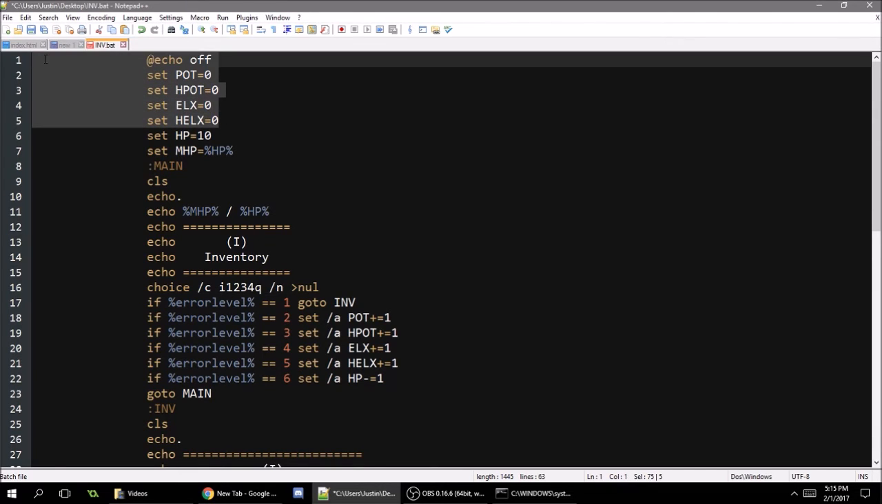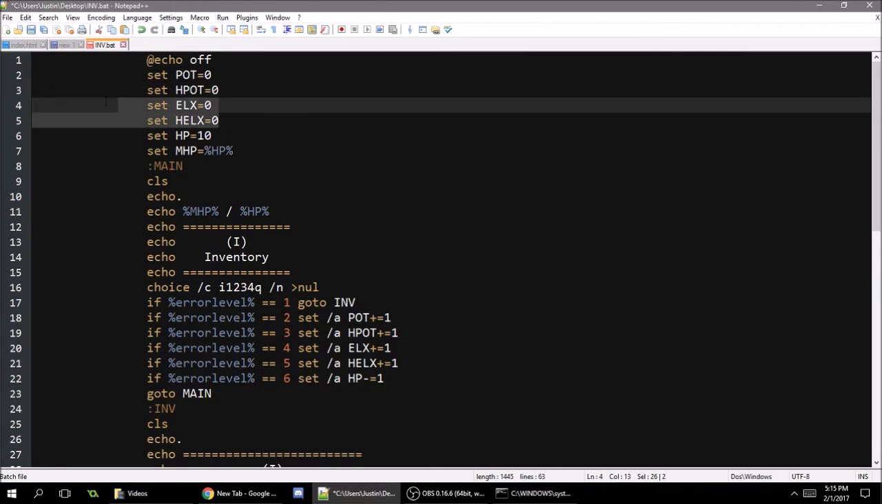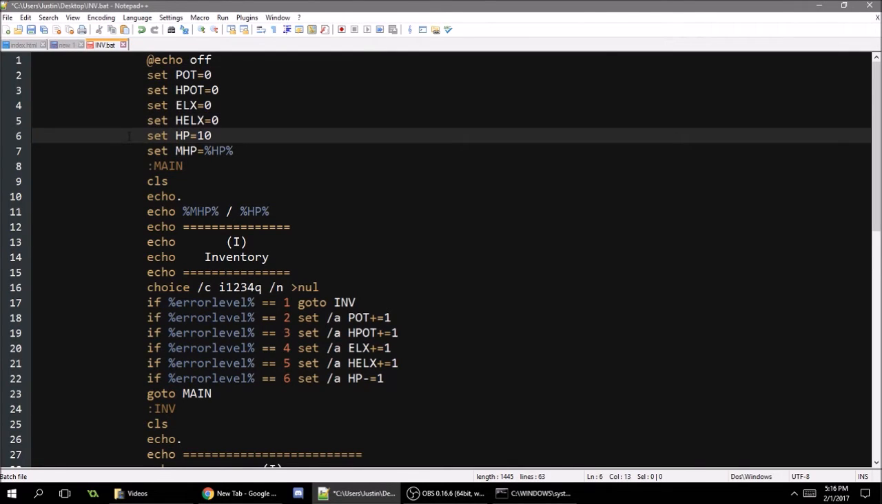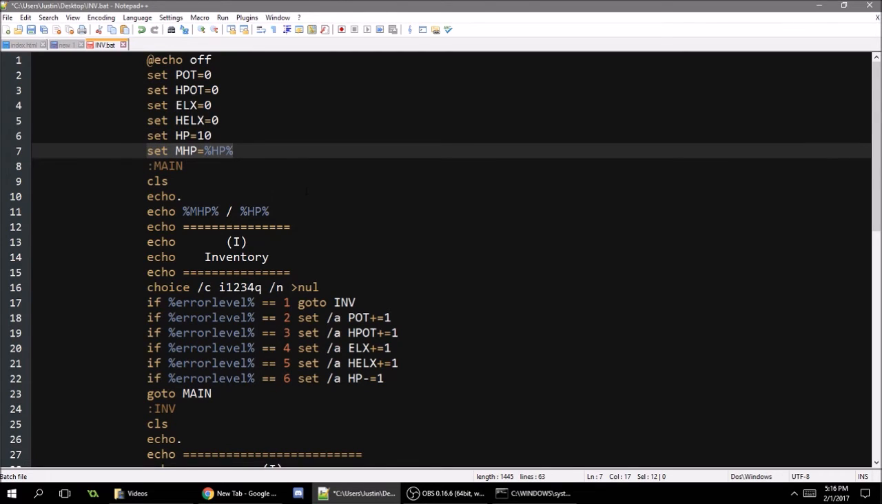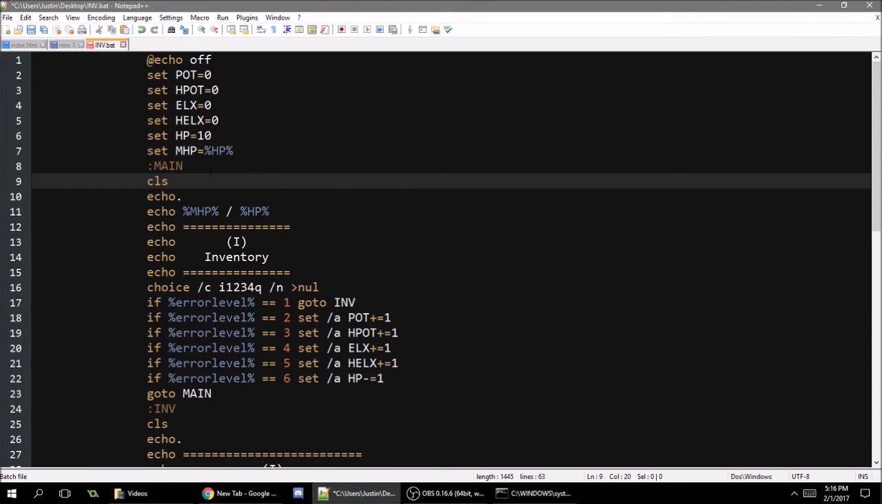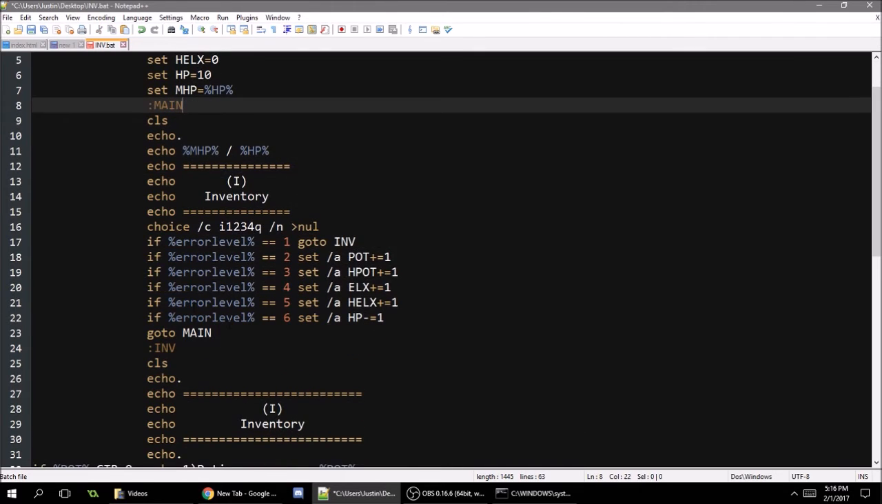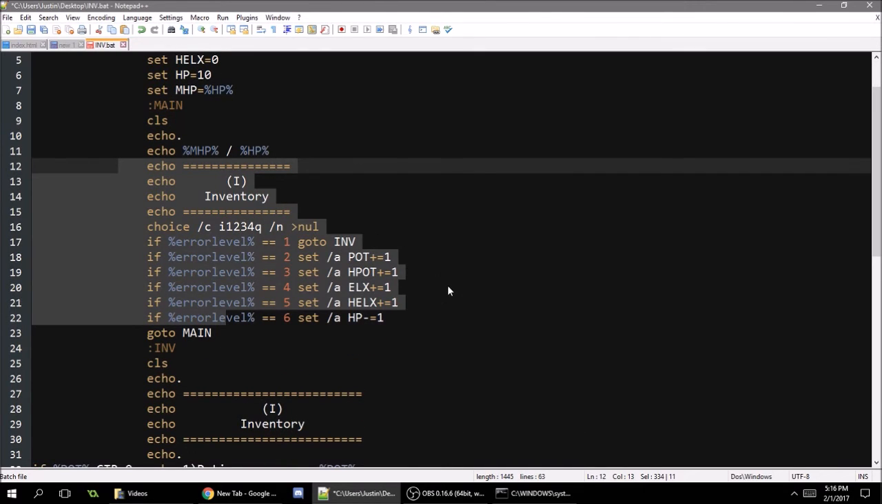So if you look at everything else here, that's all the items that I have in the game right now. I had an HP stat, so I can show you the damage and my max HP. And so we have the main section of the code. So it falls down after creating all the variables into the main section of the code. From there, you can see that